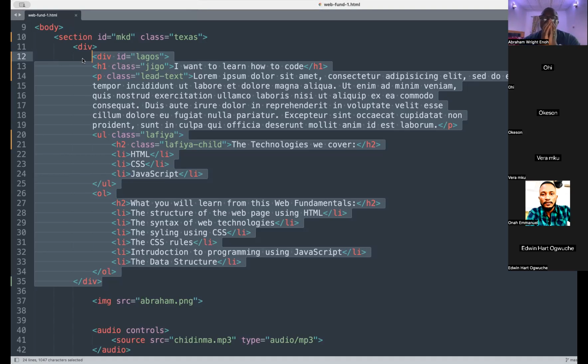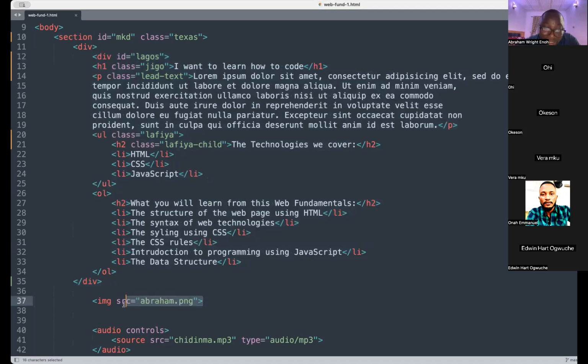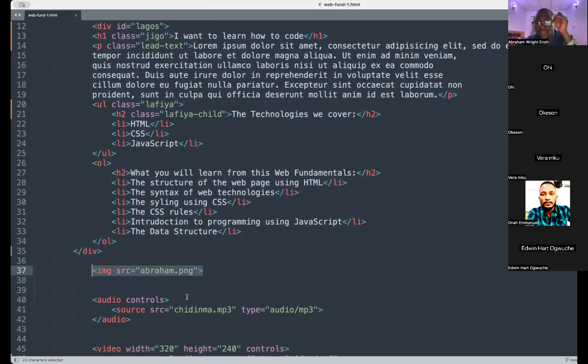Okay, so does it mean this part of media now, let's say we want to have another page for this media, can we give this part of the media which has picture, audio, and video another div? You can even give only this image an ID, depending on what you want to use it for. For example, if you want to use it for a logo, it's definitely going to stand as a page. I don't know whether you understand, sir. Yes, I got it. And then another thing that you can make a page is maybe a grid of pictures in a